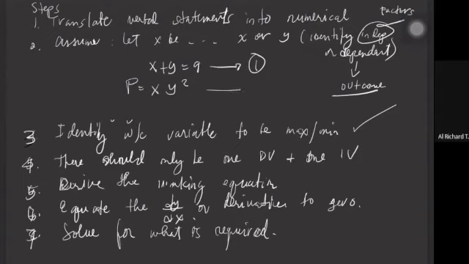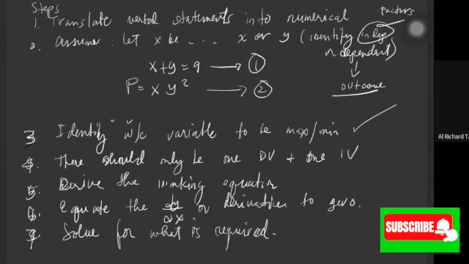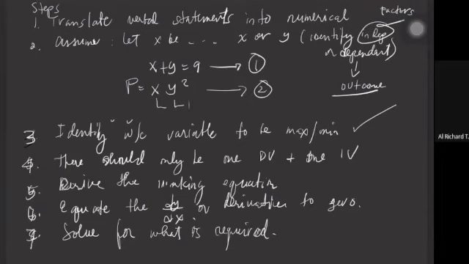The sum is given only to be able for you to substitute, because there has to be only one independent variable and one dependent variable. Notice in equation 2, you have two independent variables. So you have to eliminate or substitute using equation 1 either x or y,